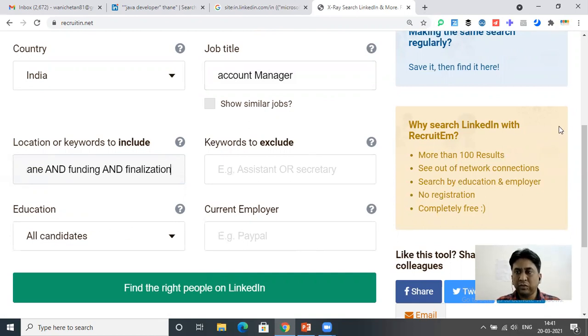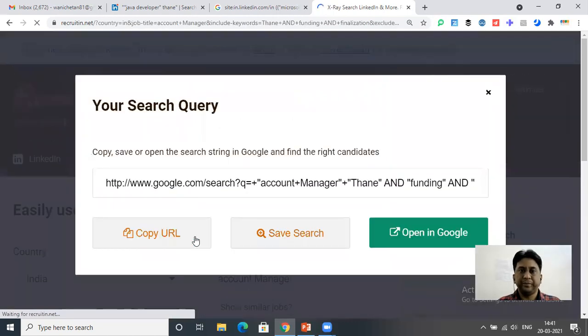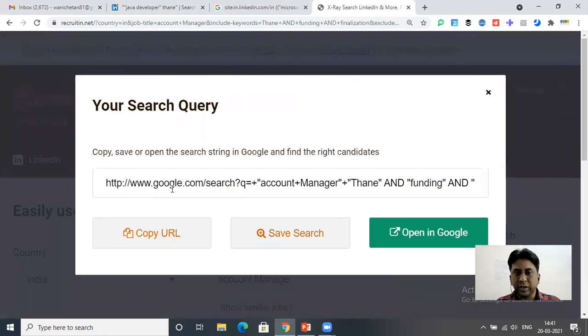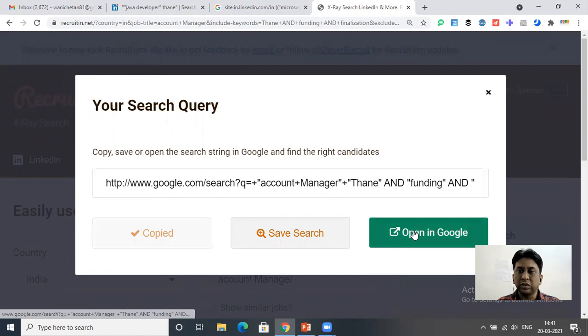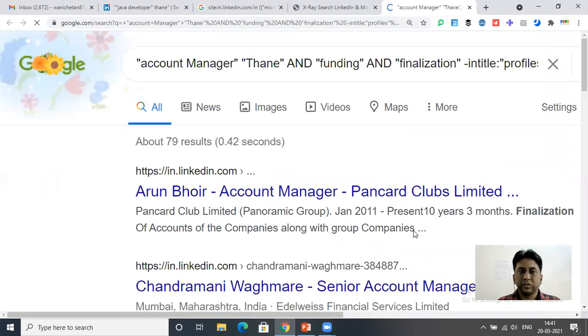Here now what I will do, I will just click here, find right people on LinkedIn. So now this is the string which is automatically generated. You can either copy the string, you can save the string, or you can directly open it in Google. So now there are 79 profiles for account manager in LinkedIn.